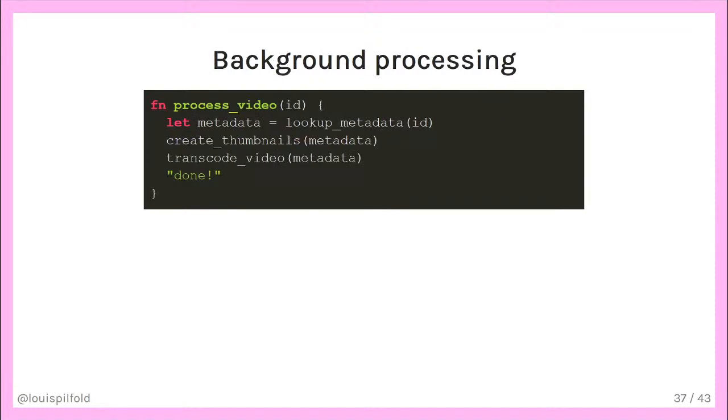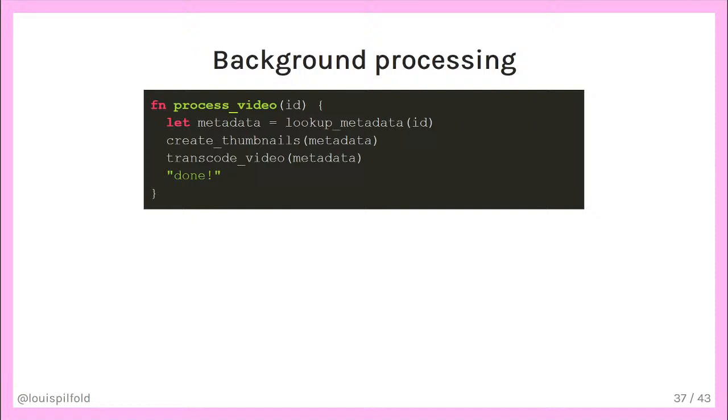So another example. I used to work at a startup that did video transcoding, and we had a lot of jobs that ran in the background, and as a result, they didn't immediately have a user attached to them. One of the jobs looked like this. First, it looked at some metadata for a video from the database. Then it created some thumbnail images for the video. And lastly, it transcoded the video. Each one of these steps is expected to always succeed according to our business logic. But because of the nature of programming and just the universe in general, there's a very real chance that one of these things could fail.